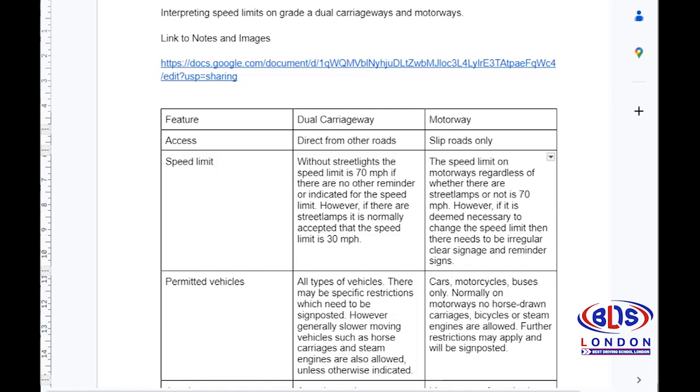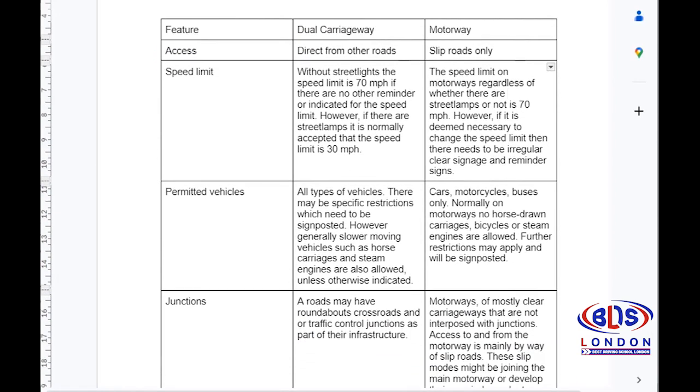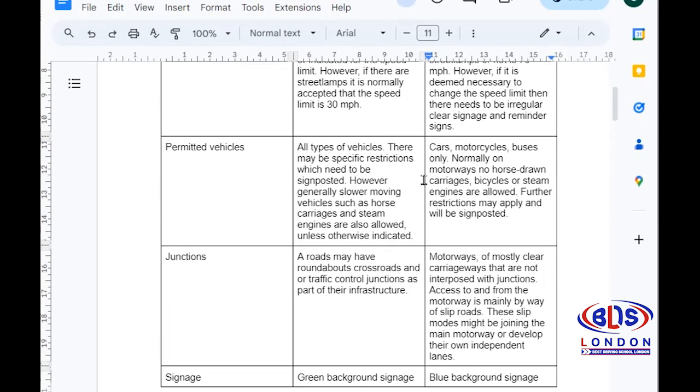Because on a motorway, whether there are street lamps or not, you can still do 70 miles per hour if there's no other signage. Then the other difference is permitted vehicles. On an A road dual carriageway, there are no restrictions on vehicles. You can use a bicycle, you can use a disability scooter, you can use anything you like